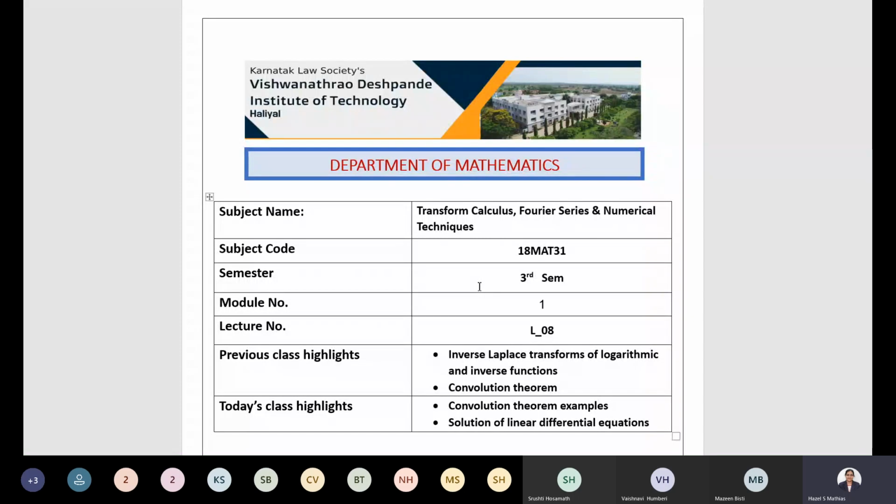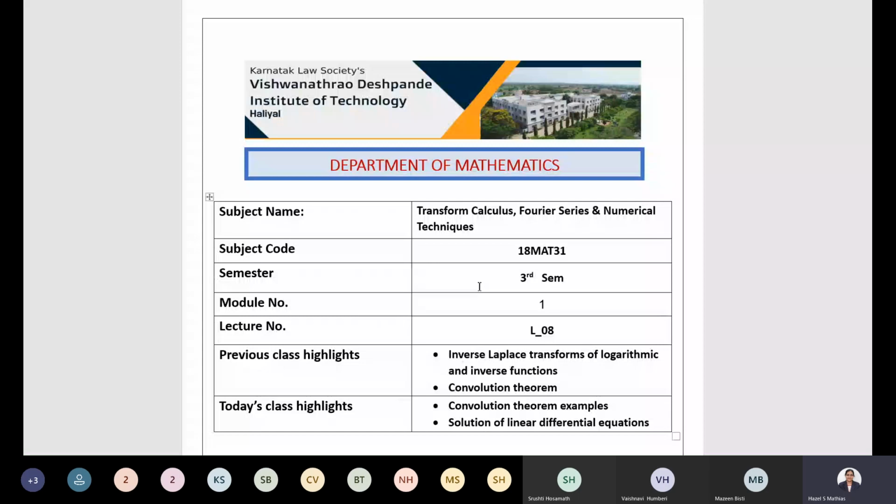In the previous class, we were discussing how to find the inverse Laplace transform of logarithmic and inverse functions. Then we discussed what is meant by the convolution theorem, and we solved a few examples based on it. So let's discuss a few more examples on the convolution theorem today, and also move on to a very important part of this Laplace transform topic, that is, using Laplace transform to find the solution of linear differential equations,